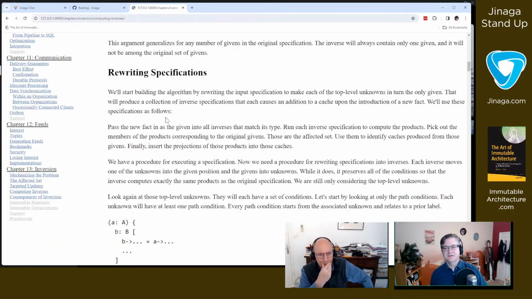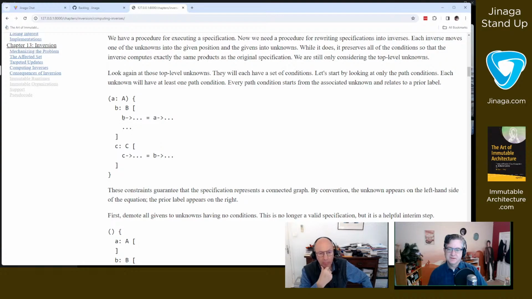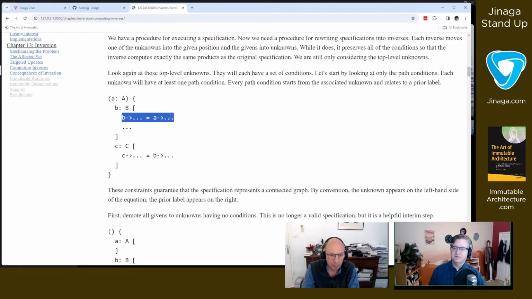So that kind of sets the tone for what we're trying to do. So these conditions that are inside of these various clauses, and for each one of these unknowns, there's always going to be at least one path condition. That path condition is going to, by convention, start at the unknown that we're inside of, and then end at a prior unknown.